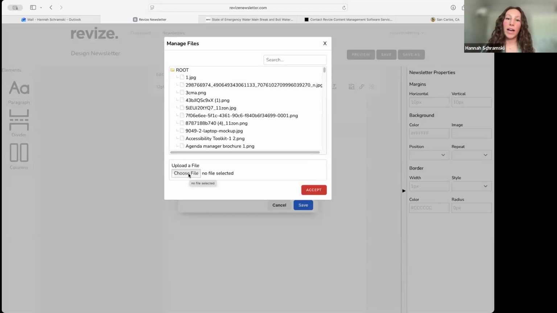So if you're working with a file that's larger than that, but you still want to upload it to your newsletter, I recommend just using a free online file compressor. I use them all the time. And you can compress the files down to that necessary size to upload into the newsletter and then use them like you planned. So I'm going to go ahead and search through my files, find my Revize logo,